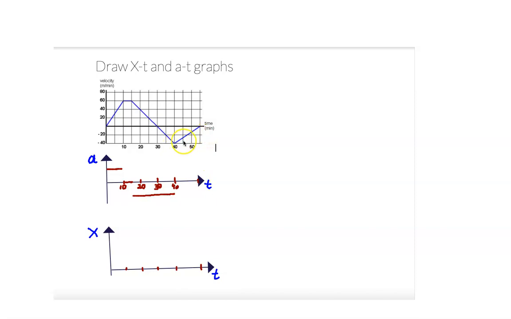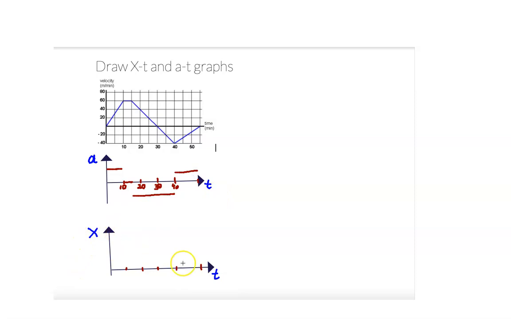From 40 to 55 minutes, I have a positive acceleration because it is a positive slope. However, the value of the slope, the magnitude of the acceleration, is lower than my initial acceleration. Therefore, I will draw it closer to the zero axis. Okay,